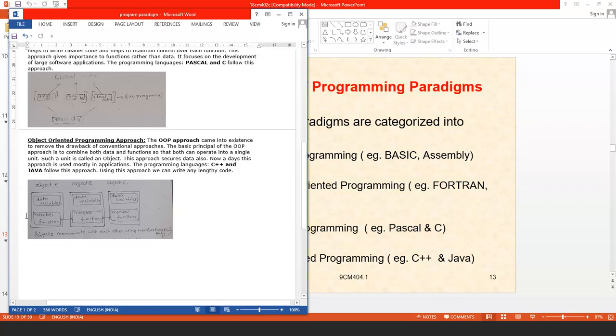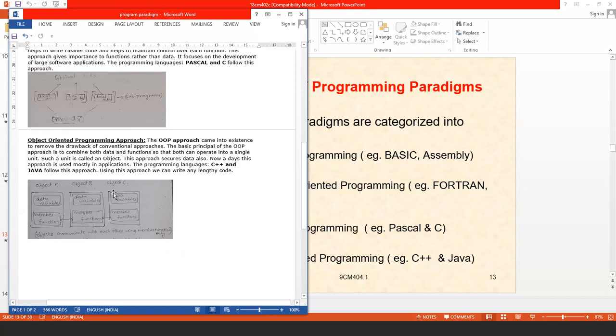If you observe this diagram, we have object A. It has data variables and member functions. The data and functions are combined into a single unit and can be accessed only using object A. And if you observe object B, again it has its own variables and member functions. And object C has its own data variables and member functions.